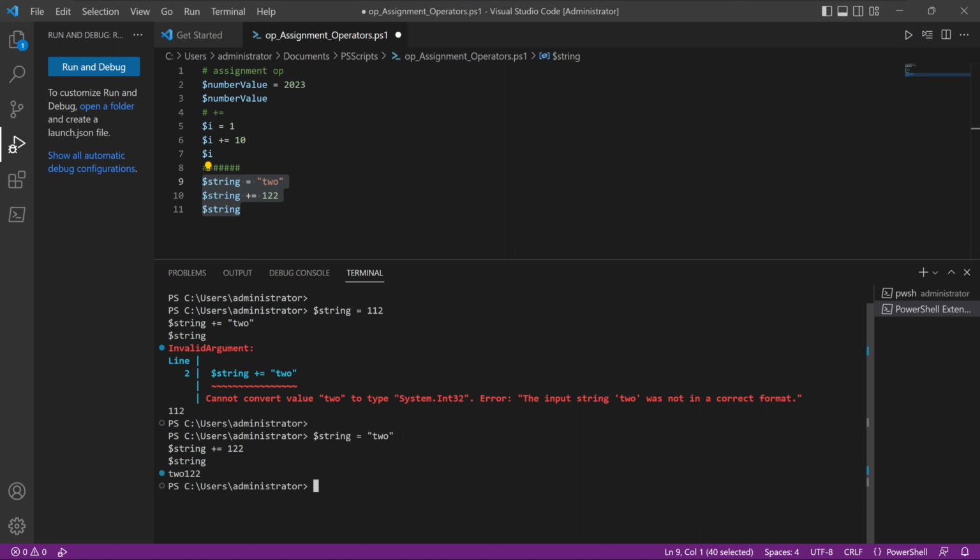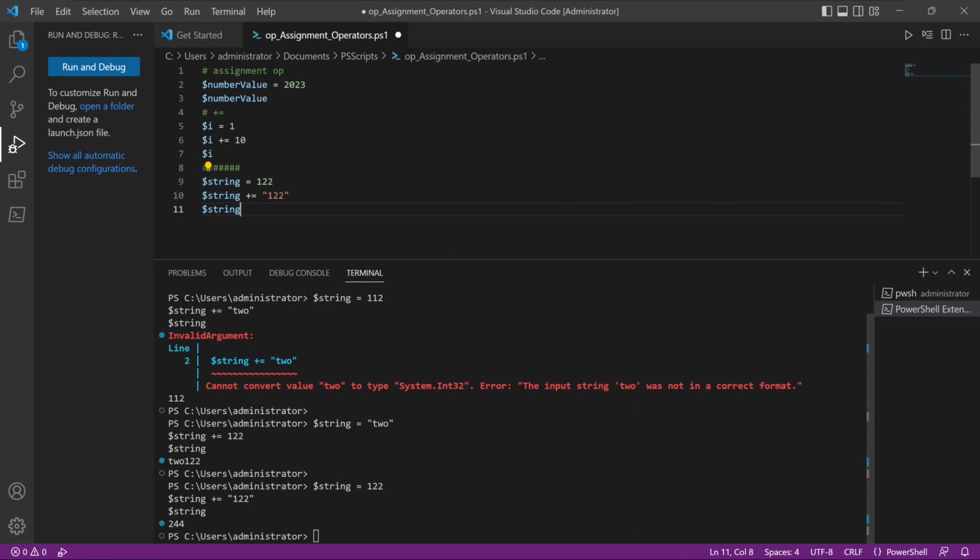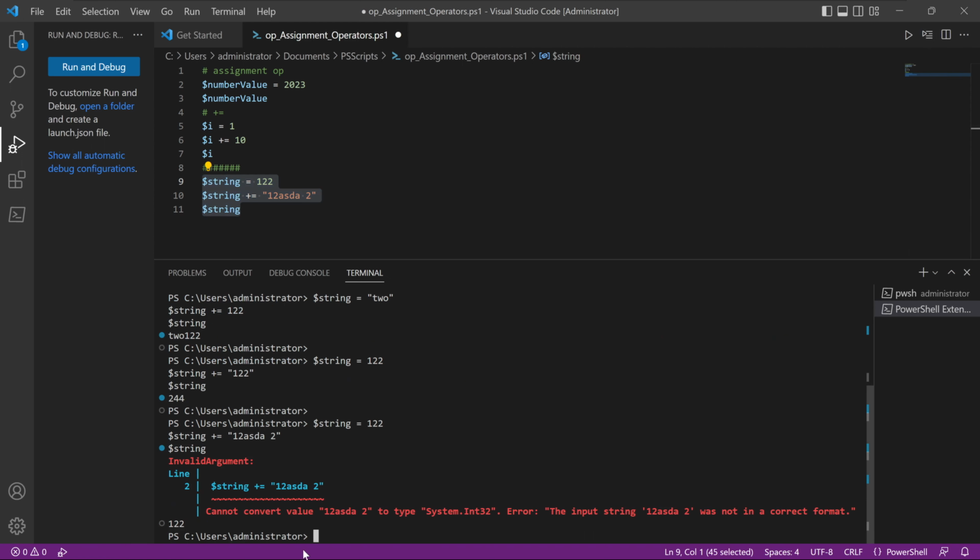Sorry about that. So again, you can add a value to a string using the add assign operator, but you cannot add a number to a string using the add assign operator, because that will result in an error message, right? You can have a number and a string, let's put it like that, and then it'll result in an error message as such, just like that. So I'm going to clear the screen down here,